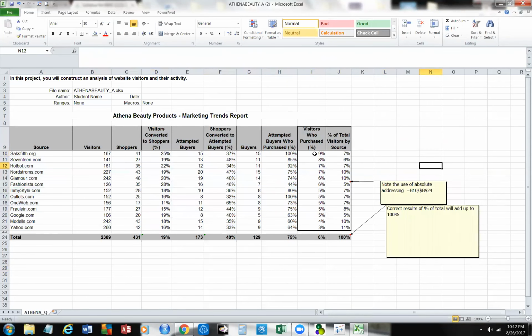Now we're in a position, okay, the Saks Fifth Avenue site is sending us the highest percentage of visitors who purchase. Okay, but they're not the highest percentage total of visitors by source, because we started here. All right, but we can use some conditional formatting because we know this is in order. But we're going to come over here. I'm going to put my cursor in J10,